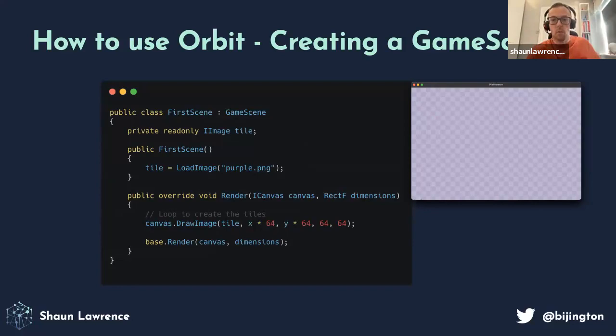Then what we're going to do is create a scene. It's relatively simple. There is a purple tile, which you see is repeated across here. It's a 2x2 tile, so it's a square at 64 by 64 pixels. To make this code fit into a slide, I've omitted the loop where that comment is, but we will look at that in an example in the example code base shortly.